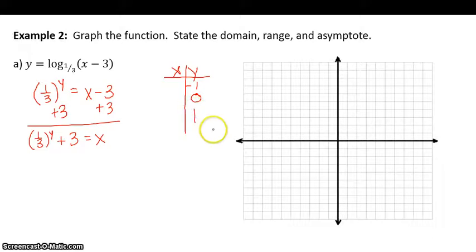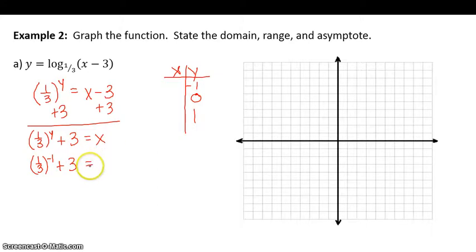Okay, so now let's finish making our table. I chose y values -1, 0, and 1. Now I'm going to plug them back in here. So I'm going to plug in -1 first. So 1/3 to the -1 power plus 3 equals,